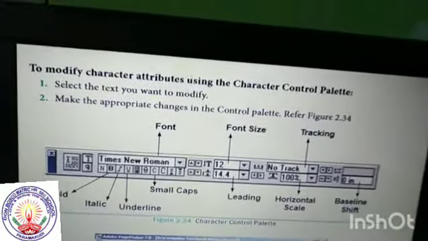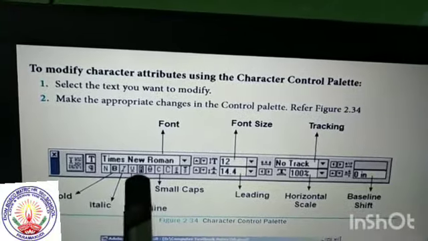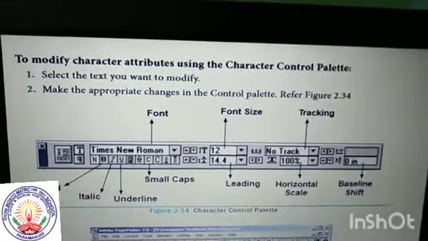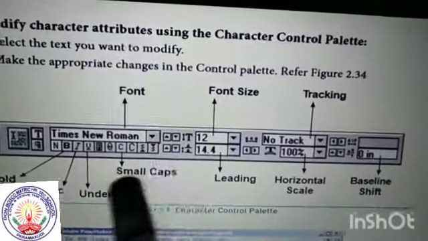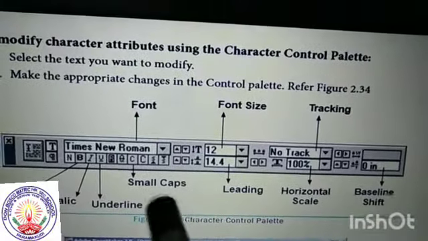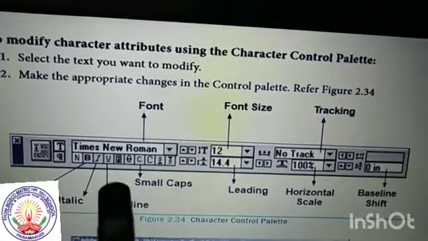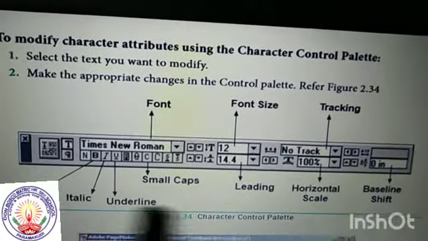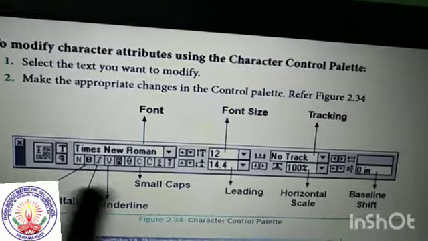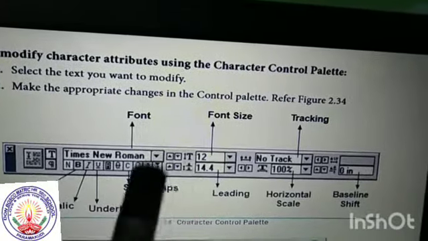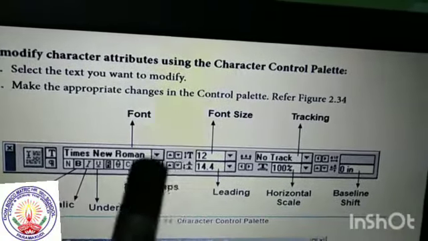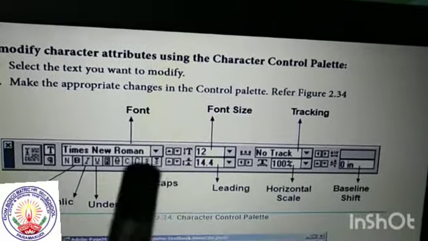Times New Roman is a font face, and 12 is the font size. Bold, italic and underline are some of the font formatting options available here. You can use these to improve particular text and display variations of appearance.